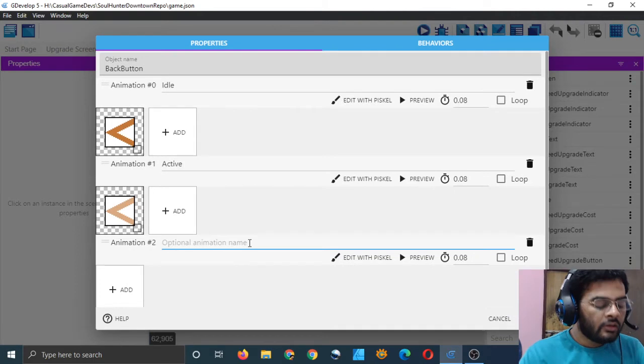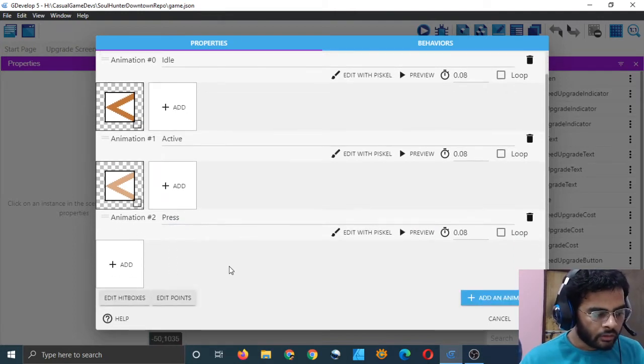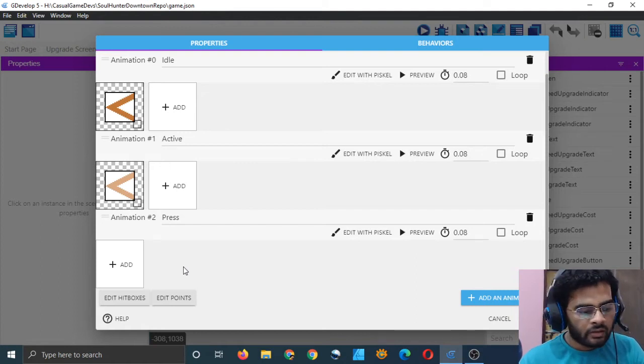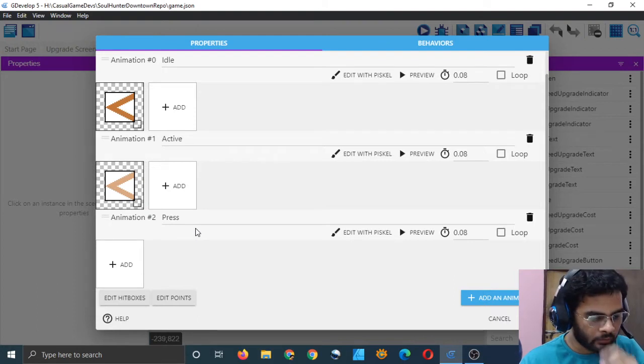But I will show you something more. Add an animation and call it press, right? And now I will not create the file again, because if I do, it will have some variation. I will just include the old one. But if I only include it and start editing it, it will change the old one also. So that's why we are duplicating in Piskel. I will first show you how you can do it wrong, but I don't want to actually do it.